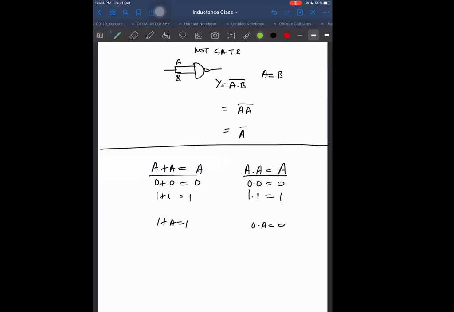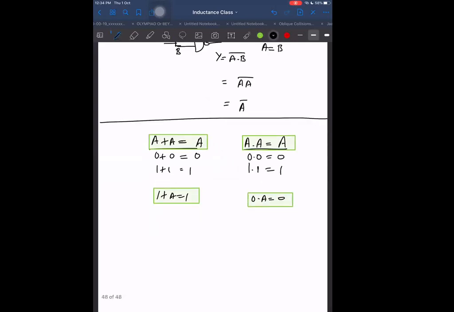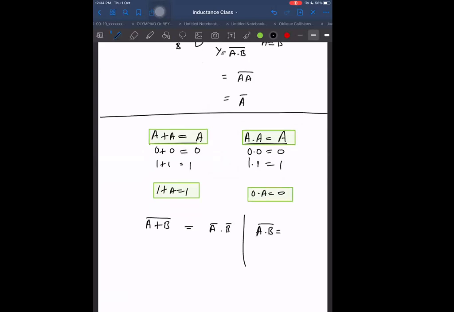What other things do we have? We have a few other things. Let me recall De Morgan's theorem. De Morgan's theorem is very important. That also I should say. That is this theorem: (A plus B) bar will become equal to A bar dot B bar, and (A into B) bar will become equal to A bar plus B bar.